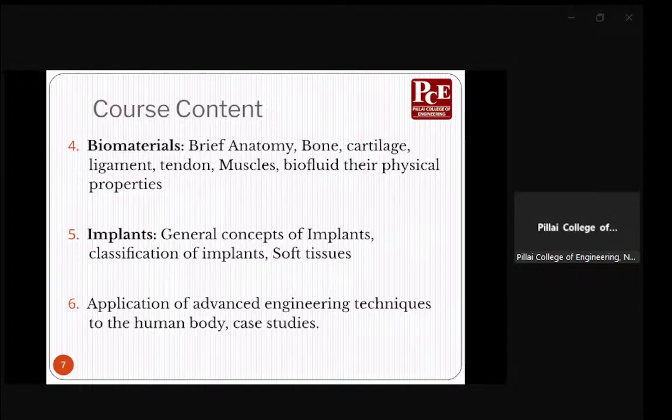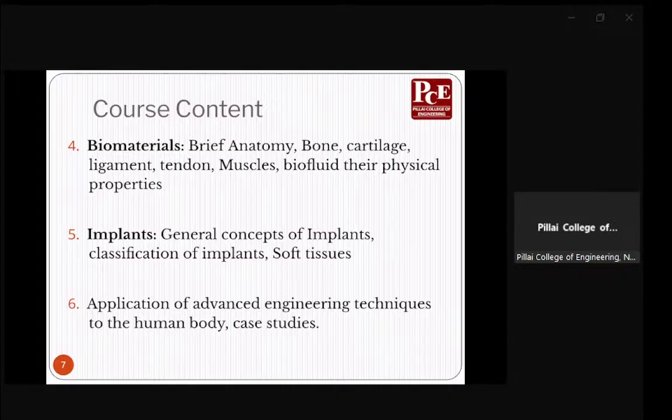That is also an implant. When you're going for hip replacement, there is an implant. If there is some fracture, you put some screws and rods. Those are also implants. So all this understanding of how these implants can be designed, you will be learning